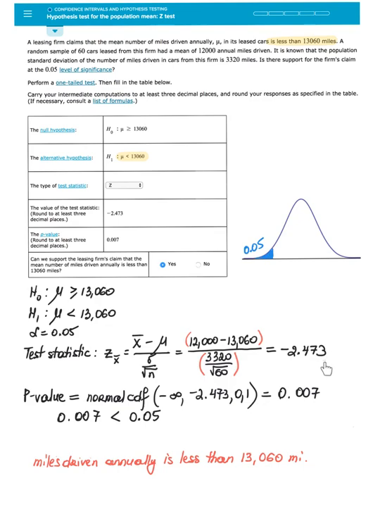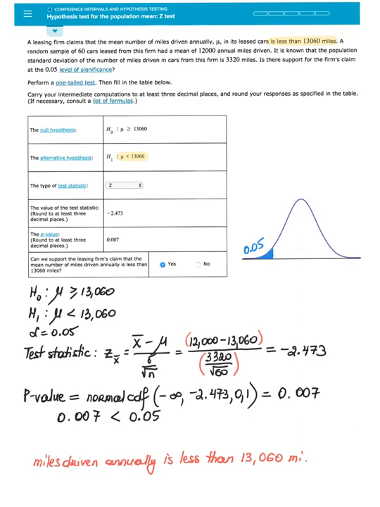Why to the left? Because we have a left tail test. Well, the p-value is the area to the left of the test statistic. To compute this p-value, I can use the normal CDF function in my calculator and find the amount of area from negative infinity up to negative 2.473 with a mean of 0 and 1 as a standard deviation for the standard normal curve. This produces the quantity you see here,